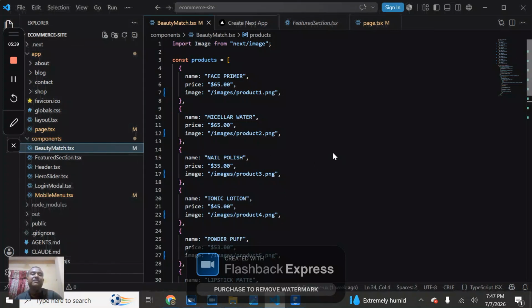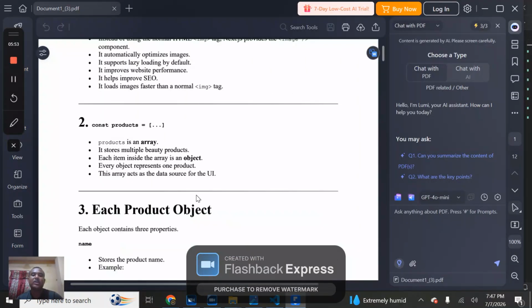So after that we have const products is equal to third bracket. So what is the products? I mean what is the product cards? Name, price, image text. So then we will go again. So what do you mean by const products is equal to